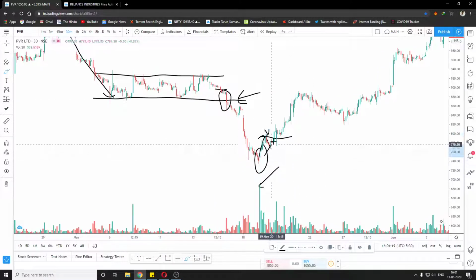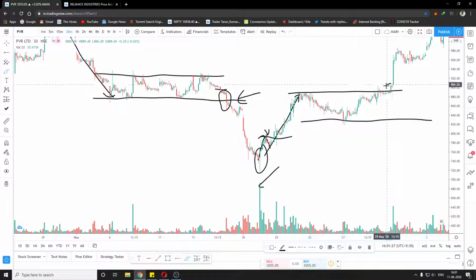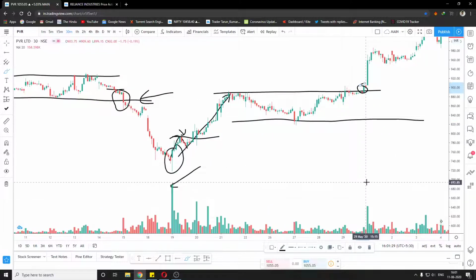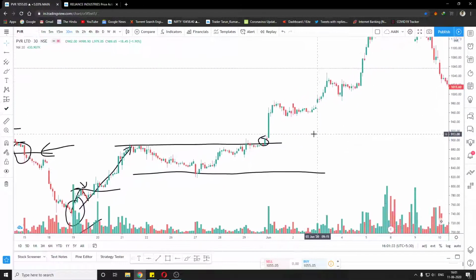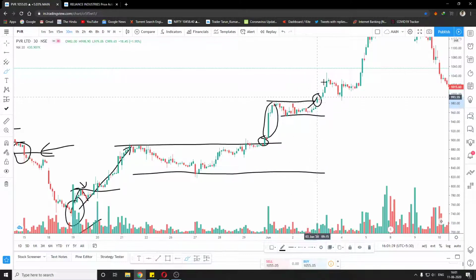Same with this, that we had an upside move. We draw a resistance line here. We draw a support here. And at this breakout, we enter long again. Then again, we get a breakout. We develop a small channel. And at the breakout again, we can enter. And it keeps happening. So this is how it works.